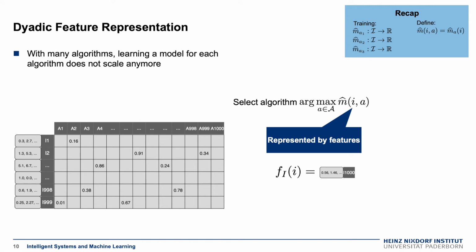Now, if we have extremely many algorithms, as we have here, for example, 1,000 for just example purposes, then learning a model for each algorithm, or maybe even pair of algorithms, simply doesn't scale anymore. Because first of all, you need an extremely large amount of models now, namely 1,000, right? But what's even worse is that the models that you want to train for these algorithms just don't have